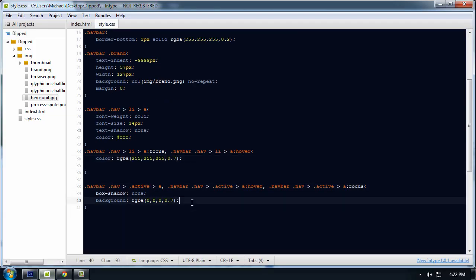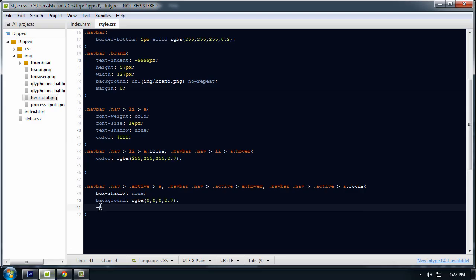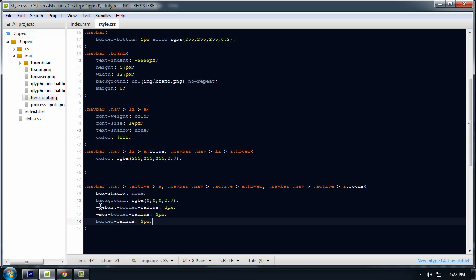And for this one, we can add a border radius. So WebKit border radius 3 pixels, Moz border radius 3 pixels, border radius 3 pixels,